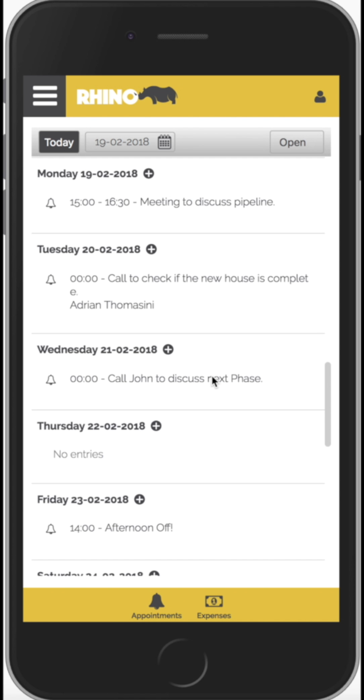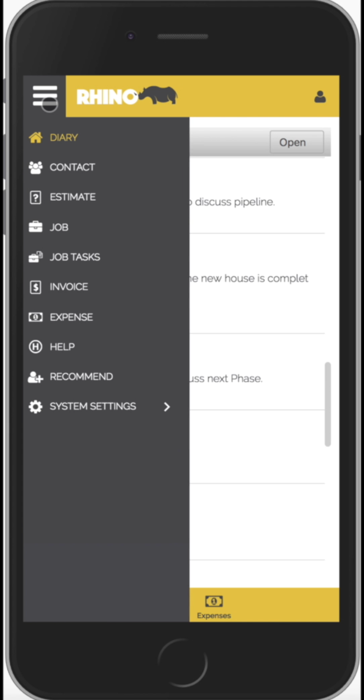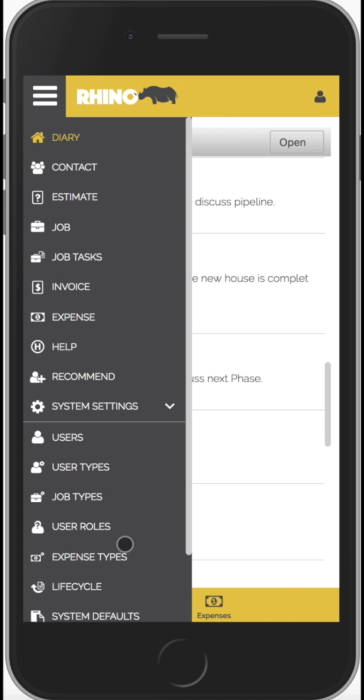In this tutorial, we'll have a look at how you can configure Rhino to use your local email account to send estimates and invoices to your customers from within the Rhino app. So to configure this, we just click up here and we go into System Settings